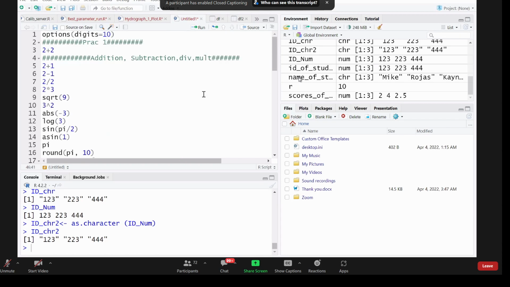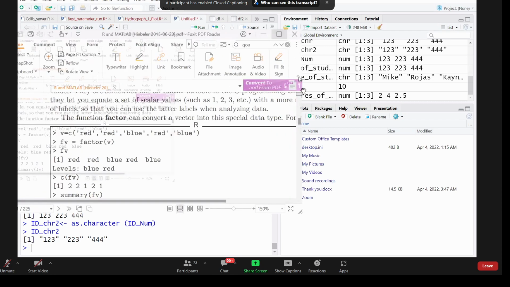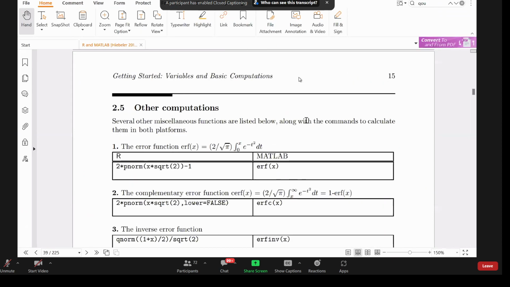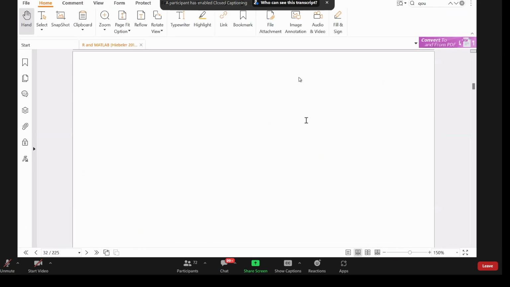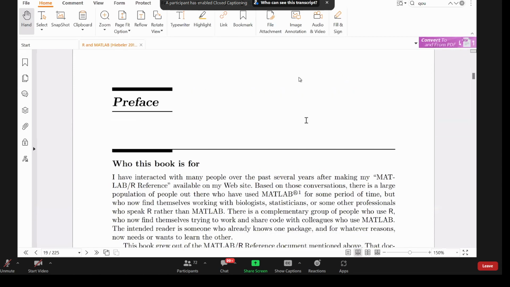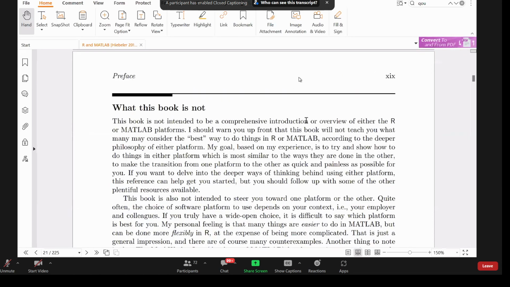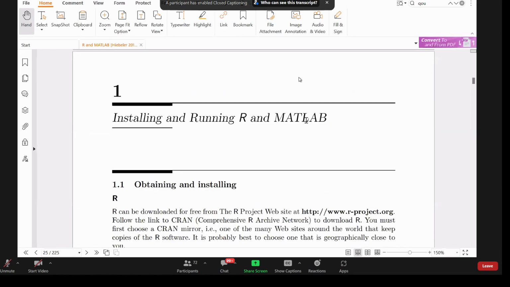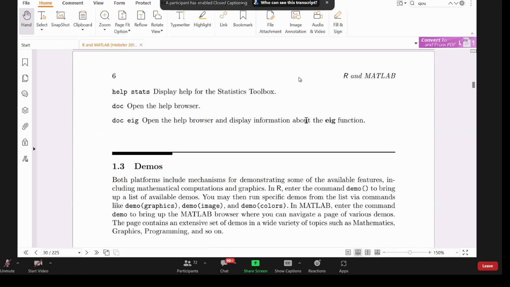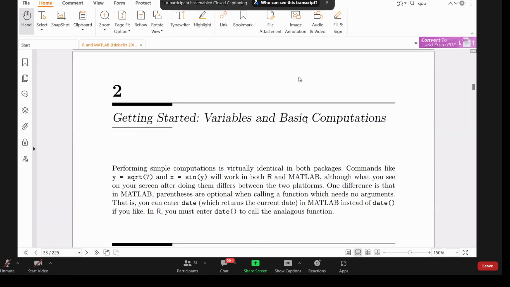And in the book, I will show you the book, try to read chapter number 1 here. This one is installing RStudio or MATLAB, and then